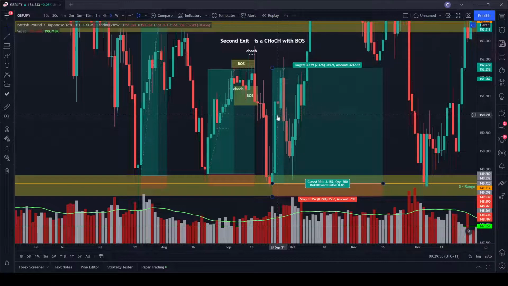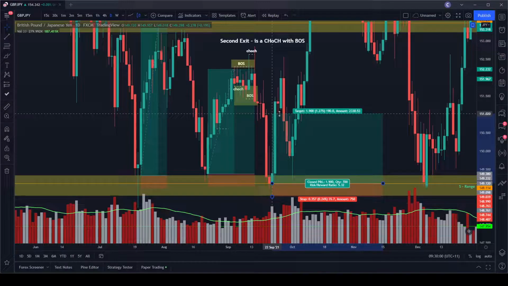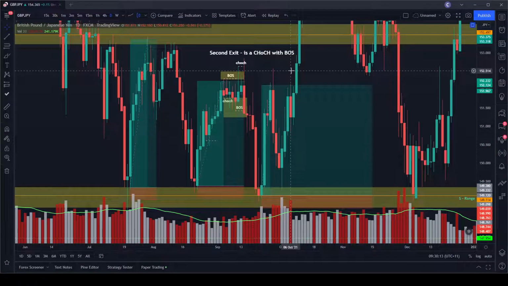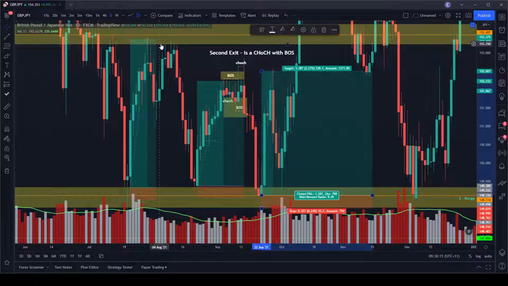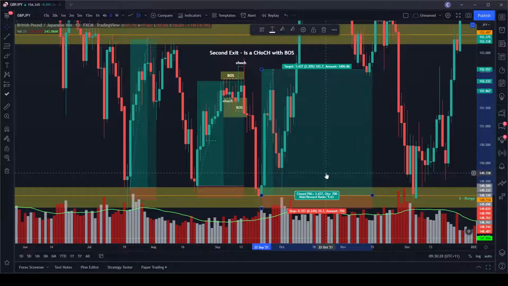For me personally, I'd be looking for the change of character, which is about here on the daily. The low is broken, and then I'd be looking for an exit within here, if I was using chop. But in this case, I do like supply. Supply is there, so my take profit would be right on the retest, the supply zone there, and I'd be out at that level. All right, so it comes back,